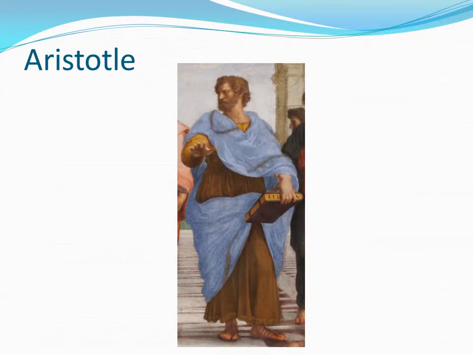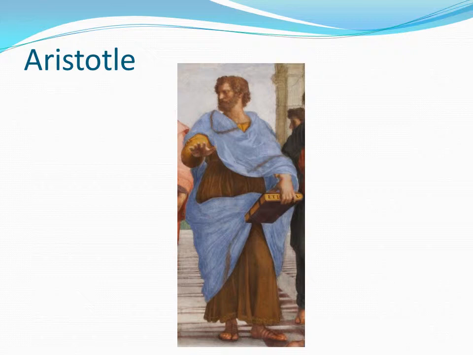So here we have Aristotle, and you can see the difference in the symbolism in the painting. His hand is outstretched, and he's interested in what's right in front of him, the physical world. He's wearing sandals. He's not just floating in this ethereal realm, but his feet are on the earth